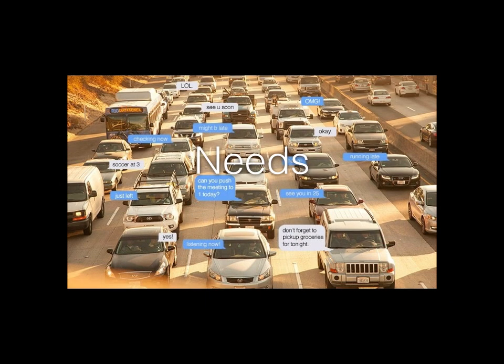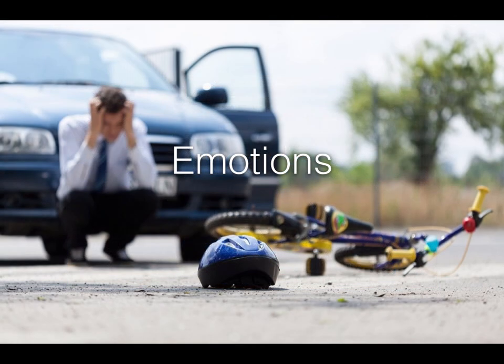The first one being needs. We might feel that we need to text because I need to tell somebody I'm going to be there in 5 minutes, or that I love them, or that we need some milk, whatever the case might be, right? The second process premise is emotions. And man, we use emotions to justify much of our manipulation and the things that we do. In fact, emotions are used to persuade us not to text and drive. We see these horrible commercials of people being destroyed in these incredible car accidents, and yet we still get behind the wheel and we still text. So emotions is the second process premise.